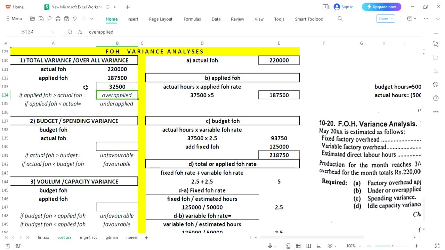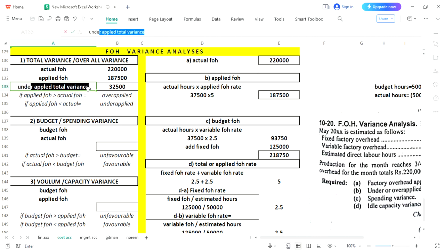It's now time to see whether it is under or over applied. You will be focusing upon applied FH only. Make a comparison. Applied is 18 and actual is 22. Applied is less. If it is less, you will conclude that it is under applied total variance. The first variance has been calculated. We have matched this answer with the book answer, and we are ready to calculate our next variance, which